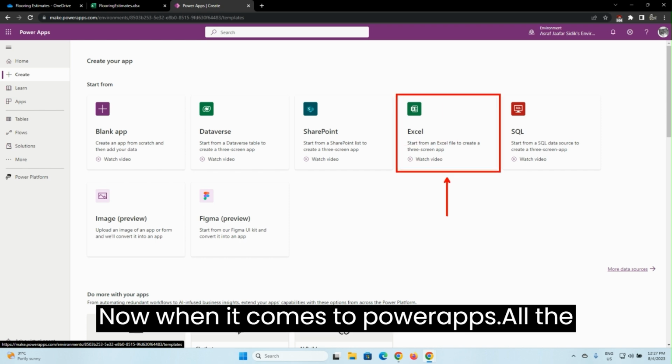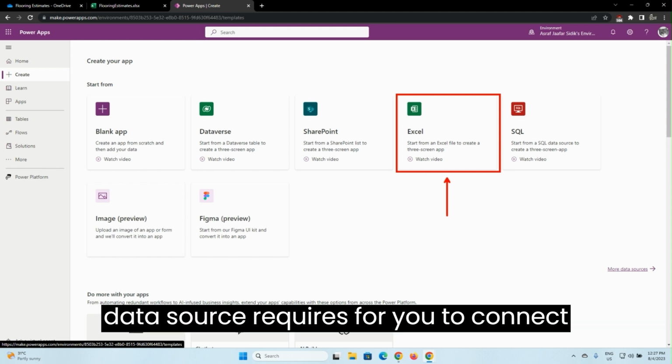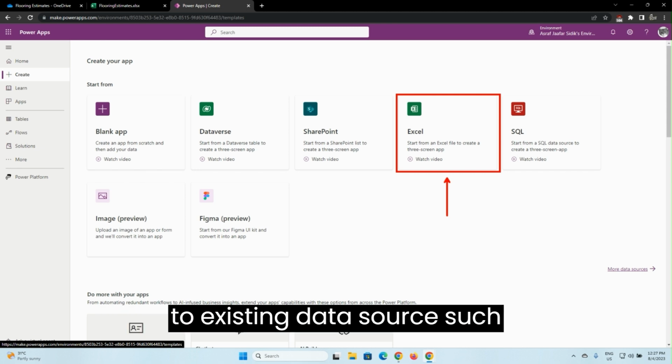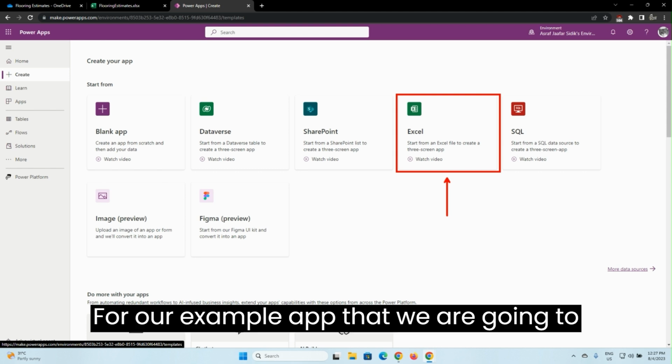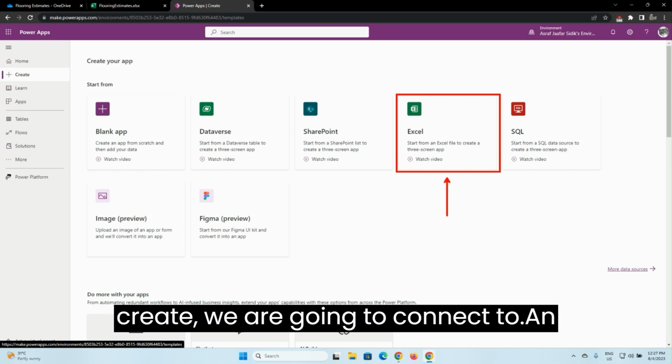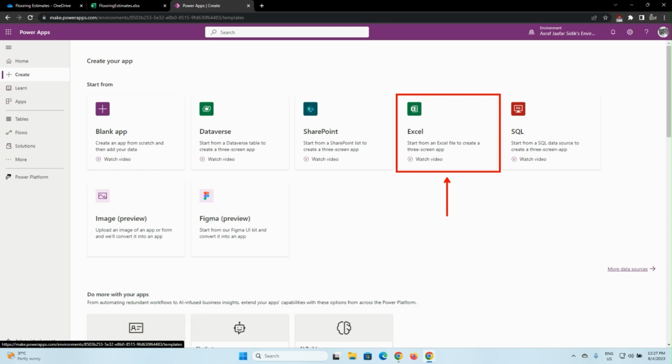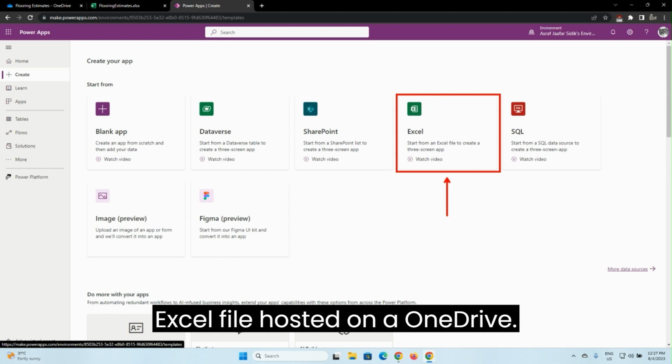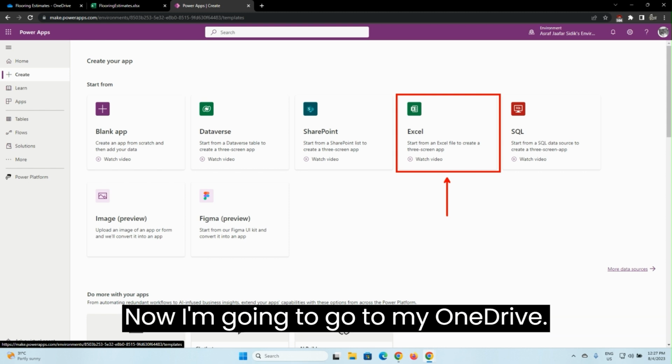Now, when it comes to PowerApps, the app requires you to connect to an existing data source, such as Excel, SharePoint, or SQL. For our example app that we are going to create, we are going to connect to an Excel file hosted on OneDrive. Now I'm going to go to my OneDrive